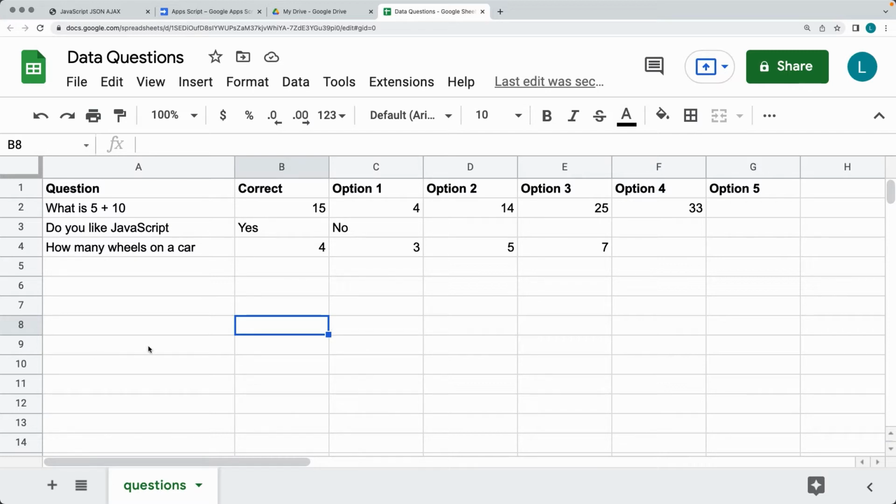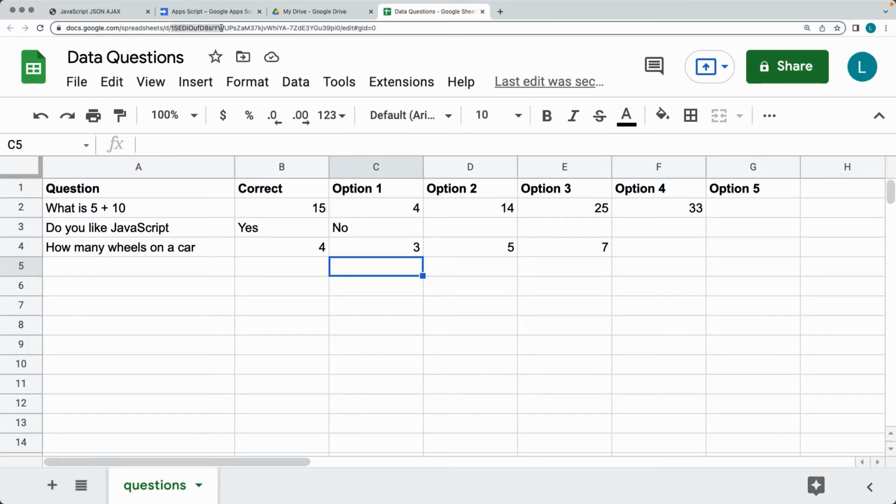We're going to create a standalone application, and for the standalone application, we're going to need to get the ID from the spreadsheet, and every single Google document is going to have its own ID. The easiest way to select the ID of your document, and that's going to be the unique ID, is that it's going to be available within the web URL of the file. So you can select in the top where it says spreadsheet /d/, and this is going to be the unique ID, the identifier to select this file. And this can be done using Google Apps Script. So go ahead and select the file ID, and we're going to use that